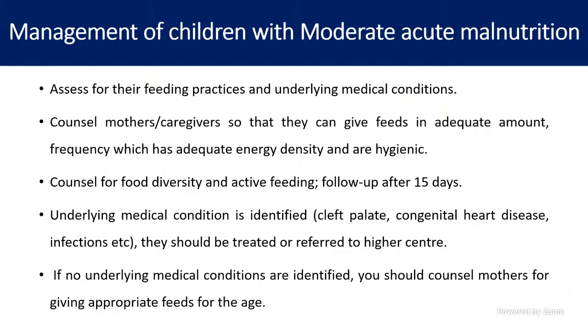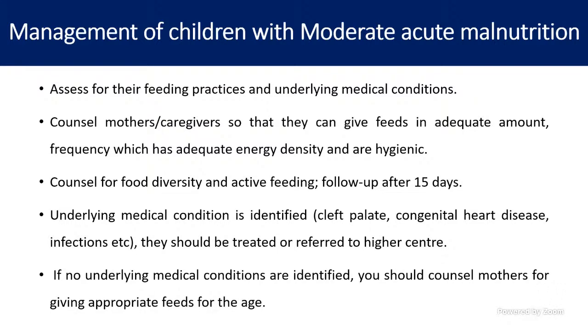So what we have to see is that the food which is given is energy dense, hygienic, appropriate for the age, in density and consistency. The consistency should not be very liquidy, such that it runs off the spoon. That means she has diluted too much, not like that. So semi-solid consistency pertaining to that age, we need to teach her and counsel her. Okay. So in moderate malnutrition, we can always tell them and counsel them, and that treatment can be done on an OP basis and the child can be discharged.